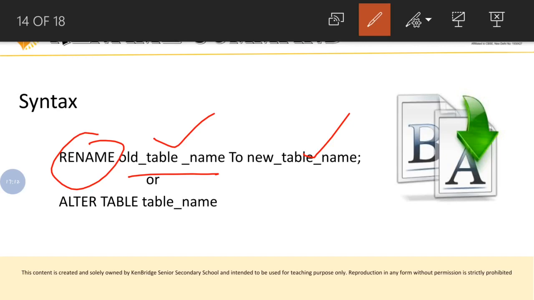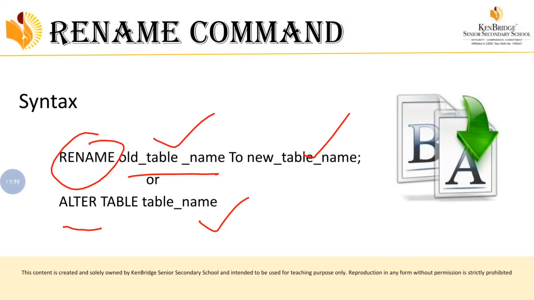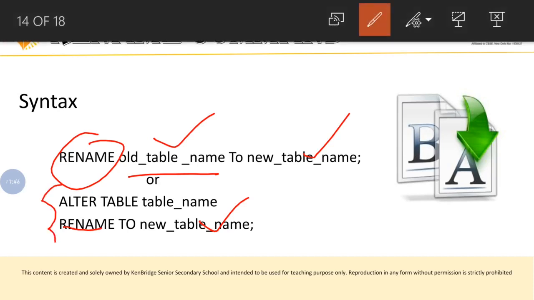In the alter command also we can change anything, right? We can create or we can delete. So using the alter command, you have to write the query in this way. This is the syntax using the alter command: alter table name. With this command we can alter the table name. Let's see what the next one is. If you are using the alter command, you have to write these 2 lines. Then only will the proper function run using this query.